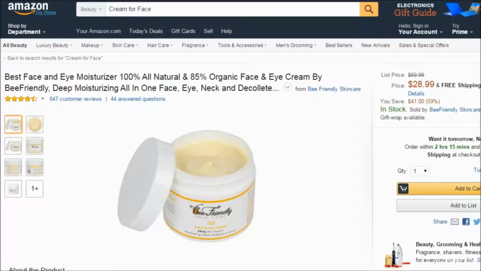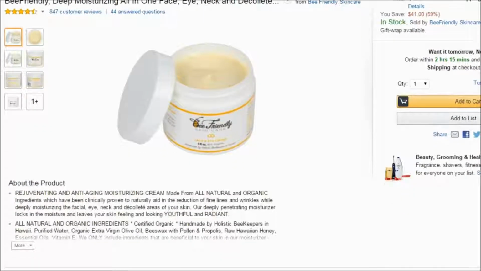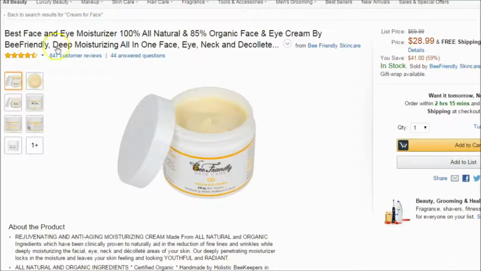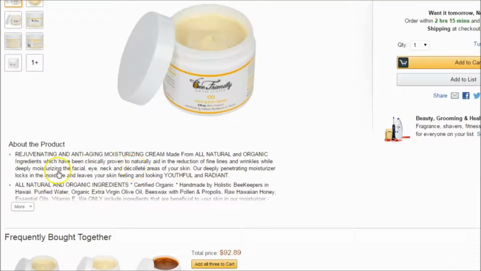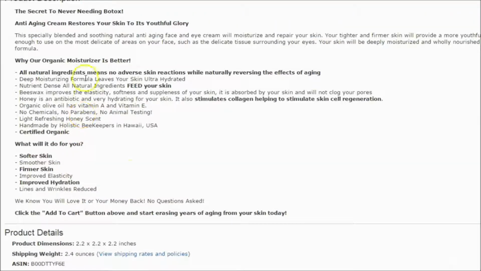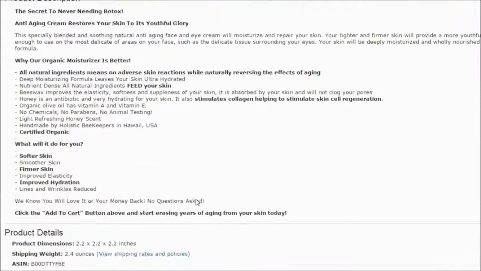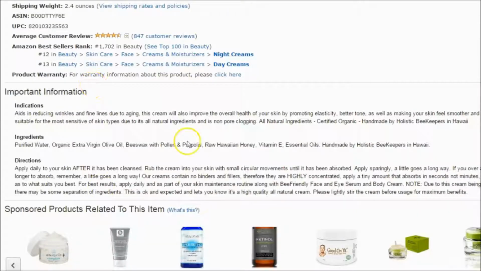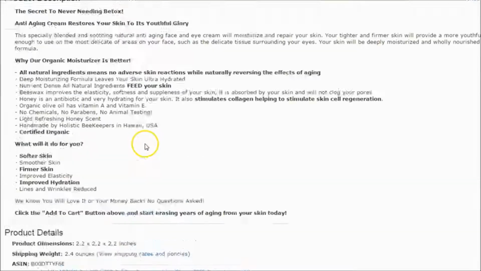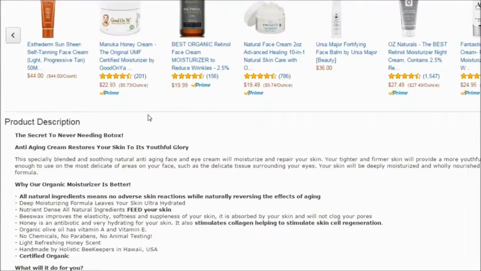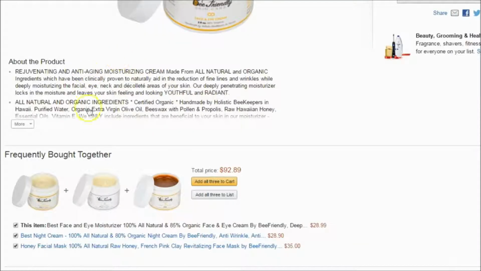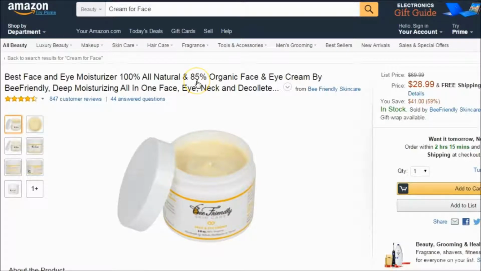Now, the third mistake is that newbies don't treat the whole product listing page as a sales letter. Every part of the product listing page has its purpose. And also, every element of the product listing page should form a big sales letter and lead your customer to a sale. So many sellers don't take advantage of all the fields that Amazon gives you. In most cases, they only write a short two-sentence description, include a very short bullet point list, and upload only one amateur image. So please treat your product listing as a sales page and take advantage of every possible field